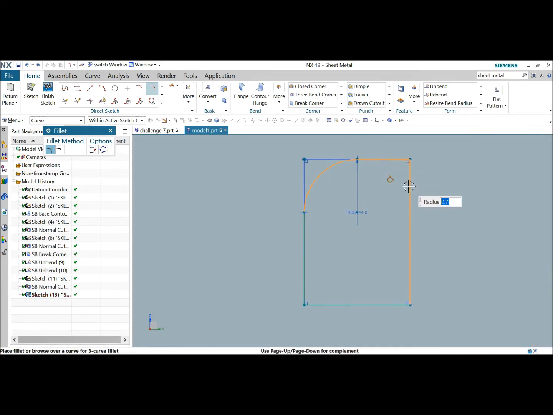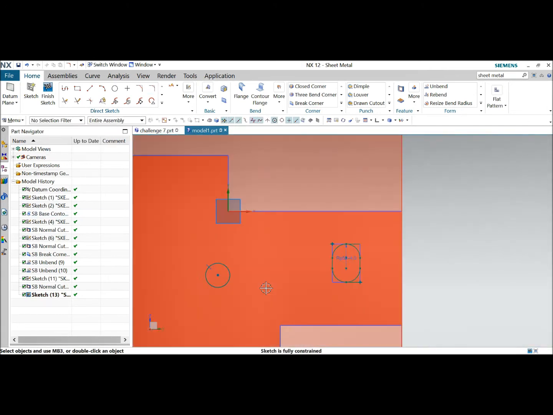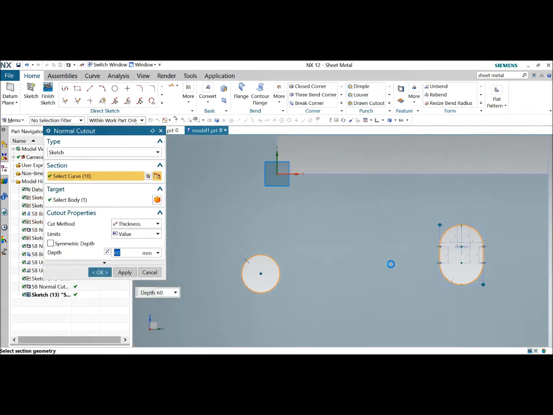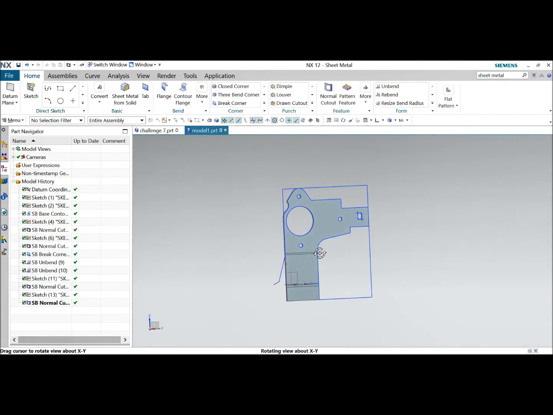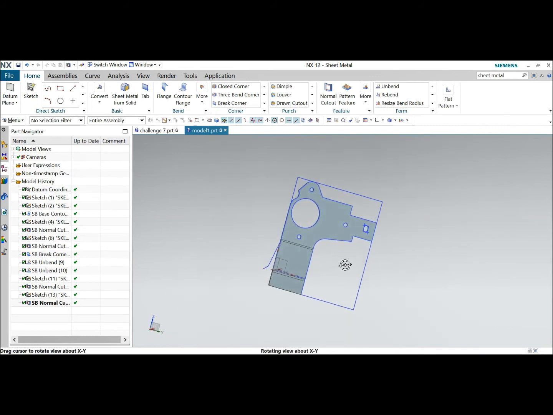First let us select this. Okay, now this and this, again 4, and this and this, again 4. Okay, now it's okay, so it's working. Give it okay. So we have created holes also. Okay, now let's see it. Okay, so let's move ahead from here,